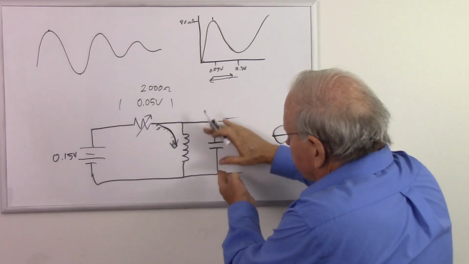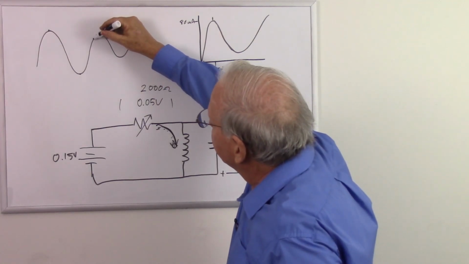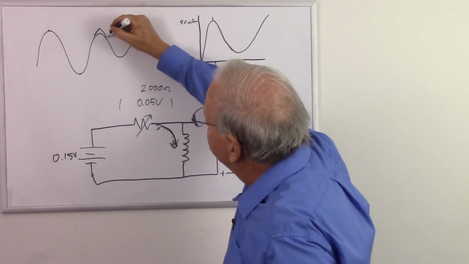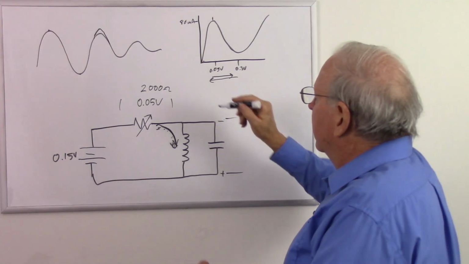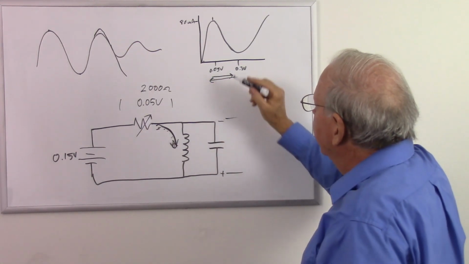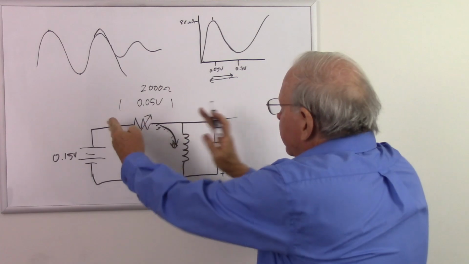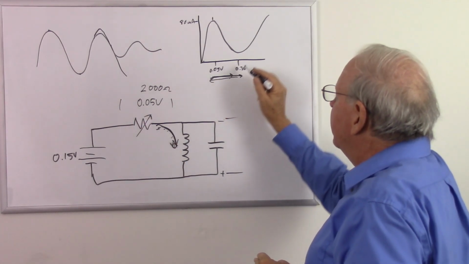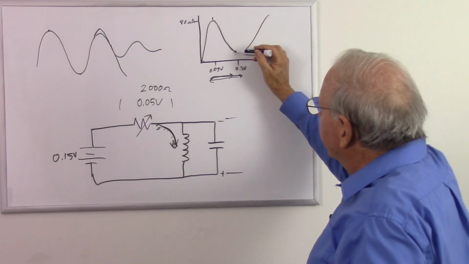That's going to push the voltage across the tank circuit up, giving this a little push to put it back up where we want it. But then as it goes down, what's going to happen? This voltage goes down. So our voltage goes down, down, down. As this voltage goes down, this voltage goes up. So that voltage is now going back up again, and it's bringing us back to the point down here where